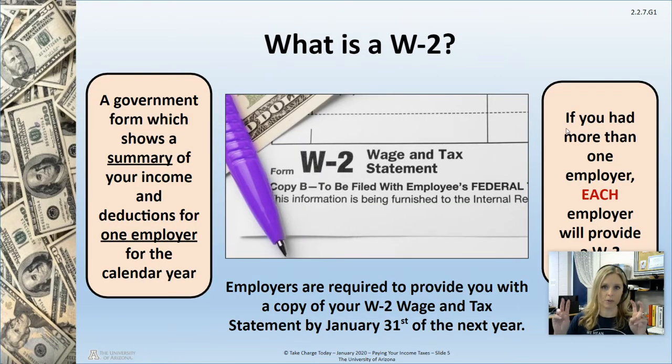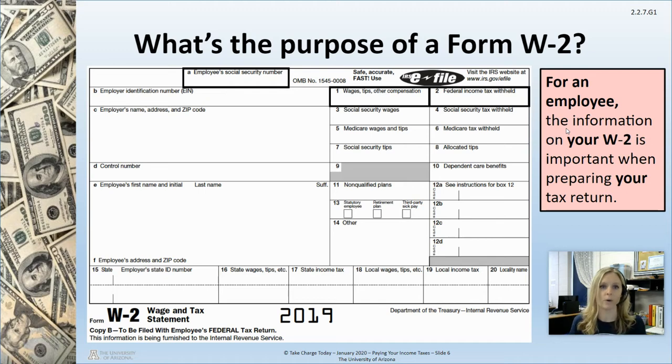Now, the second W form is called a W-2. A W-2 is a form that you will get from your employer after that year is up. By January 31st, usually, is when they have to mail them out to you. And this is just going to summarize all the wages that you earned in the year and how much total taxes you paid in the year. And the whole purpose of this form is to help you file your taxes. Here is a picture of what the W-2 form looks like. Everything is very organized into numbered boxes, and that's going to help you tremendously when it's time to go and